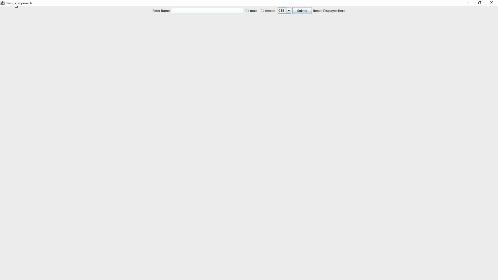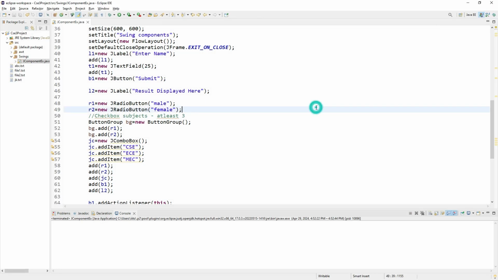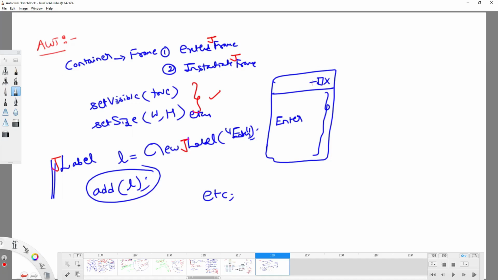Technically we call it an icon. If you want to modify that icon, you can modify it by using a class called ImageIcon. ImageIcon is a predefined class which is used to add a new logo to the corresponding GUI application. Through this class, I can pass to the constructor, while creating the object, what kind of image you want to add. Then using a method called setIconImage, I can add the image to the corresponding GUI